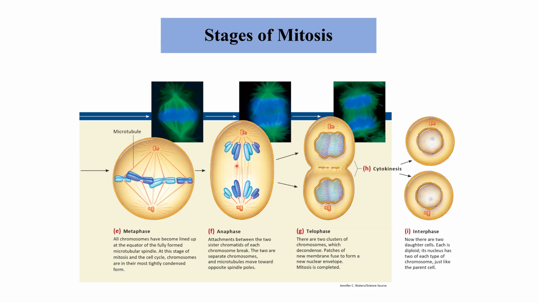So now we move on to the anaphase. Here, think of anaphase as away. The centromeres are going to separate and the sister chromatids begin to move to the opposite ends. This half is going to go on this side and that half is going to go on that side. So here the centromeres split and the sister chromatids begin to separate, and you essentially have these motor proteins